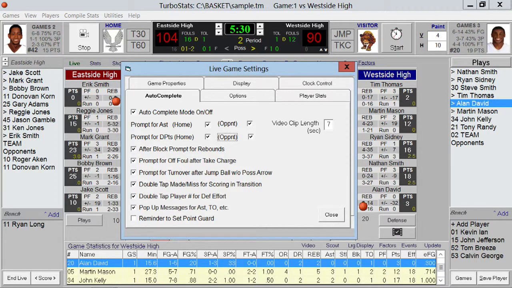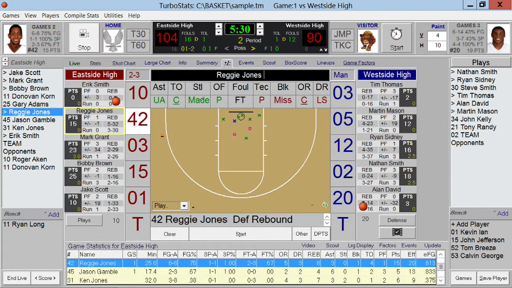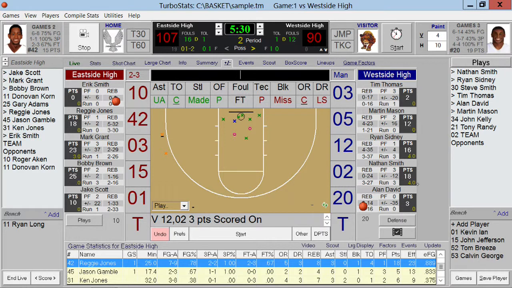You can also turn off the prompts for all these different statistics as well. So just go under preferences. But now if let's just say 42 makes a 3-pointer, we could get a prompt now for the 5 players who are on the team, the other team, and if we want to charge 2 of them for giving up the basket, I'll select those 2 players there, and I hit done, and you'll notice that their defensive points increment